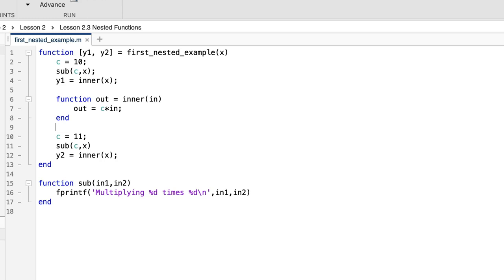So why is this good? What's the benefit of this sharing of variables between a nested function and its parent? Well, it makes it simpler to pass information back and forth between the two functions. Simpler, that is, than passing arguments in and out. Let's say that a subfunction would need 10 different parameters to work with. Instead of passing each of these as input arguments, we can make the function a nested function, and it can